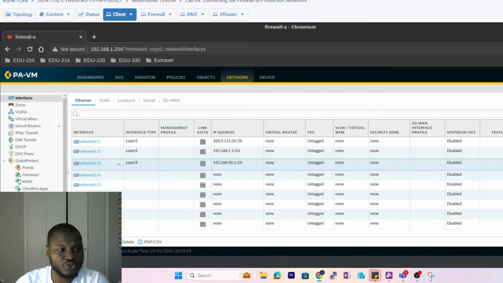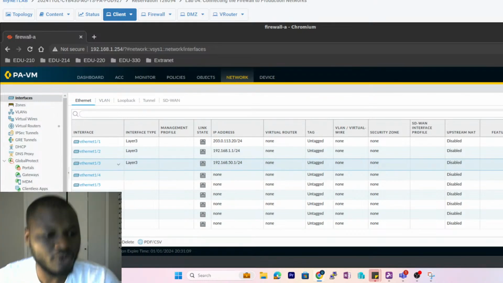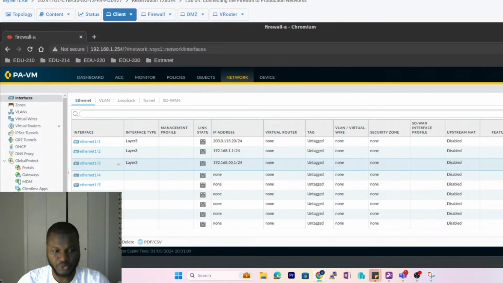So the next thing we're going to do is create a virtual router. In this section, you create a virtual router and connect your layer 3 interfaces to it. You will also define a default gateway for the virtual router itself. The firewall requires a virtual router to obtain routes for other subnets, either using static routes that you manually define or through participation in layer 3 routing protocols that provide dynamic routes. The firewall has a predefined virtual